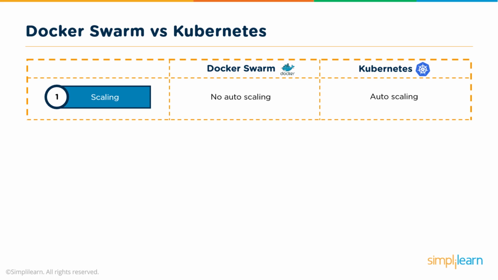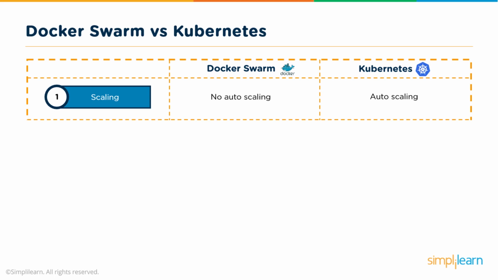Kubernetes, on the other hand, can cater to any other types of containers other than Docker, including Docker as well. So in case you have applications which have Docker in them, RKT in them, LXC in them, or any other type of container, Kubernetes should be your choice of orchestration tool.